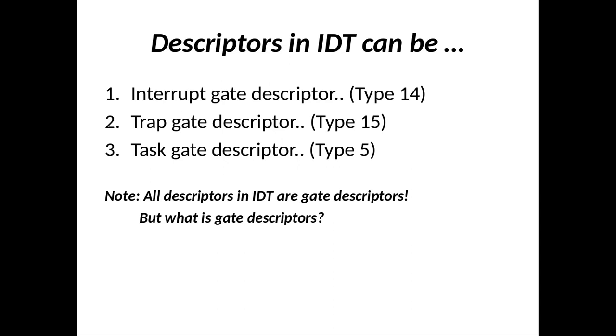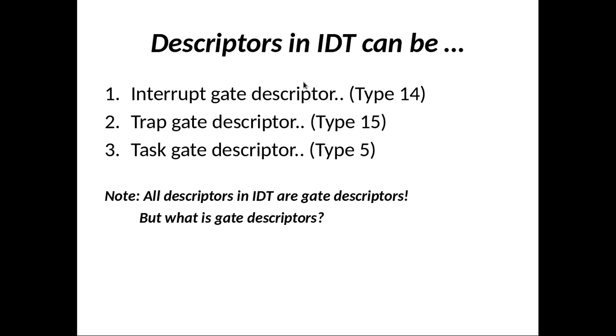So what is the type of the interrupt gate descriptor? It is 14. What is the type of the trap gate descriptor? It is 15. What is the type of the task gate descriptor? It is 5. The task gate descriptor was already discussed in multitasking. So what is the role of the task gate descriptor? Actually it contains only a selector which is responsible for selecting the TSS descriptor. So I advise you to go through multitasking first. First try to understand this task gate descriptor in multitasking, and then try to understand the role of the task gate descriptor in interrupt and exception handling. We'll discuss this point later.